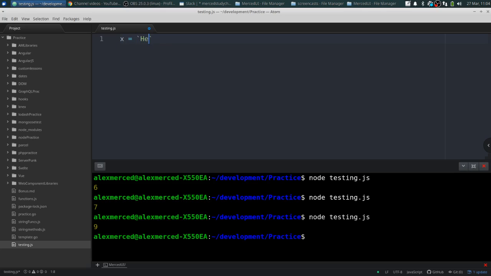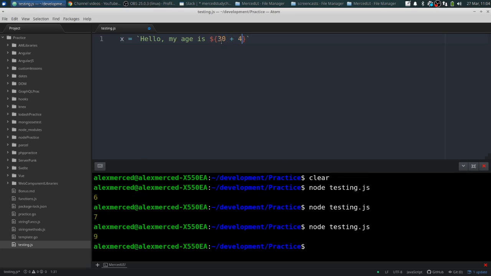I can do "hello, my age is," and then I can put any kind of JavaScript expression I want in there. I can put a variable, an expression. So again, I can just do something like this: 30 plus 4. Whenever these expressions pop up, the expression will be resolved. So this 30 plus 4 resolves to 34. So then it becomes "hello, my age is 34." So if I were to console.log